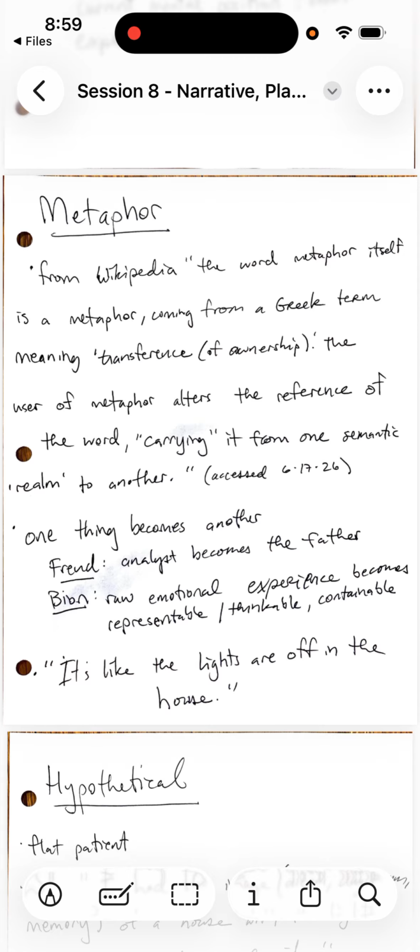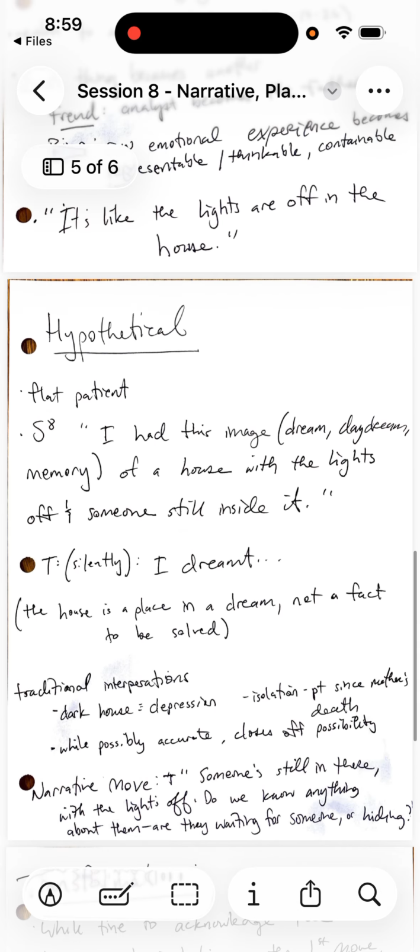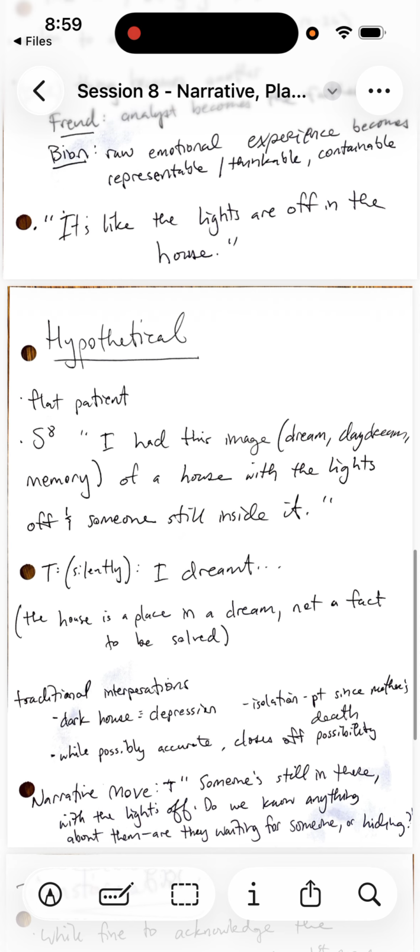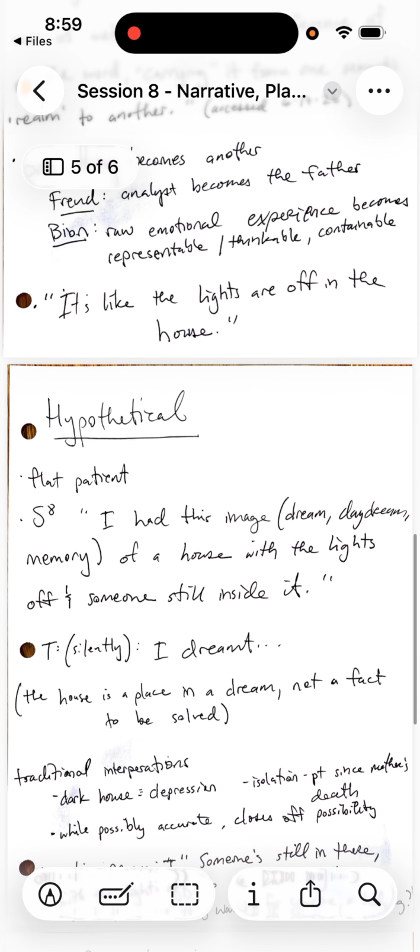So a patient may say, it's like the lights are off in the house. And that is a way of describing something that the person was having difficulty describing before. And instead of saying, oh, lights mean this, house means that, lights represent depression, house represents isolation that you're experiencing, it's rather, you can think about it